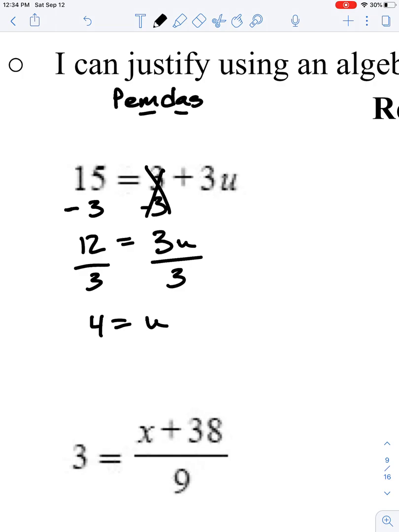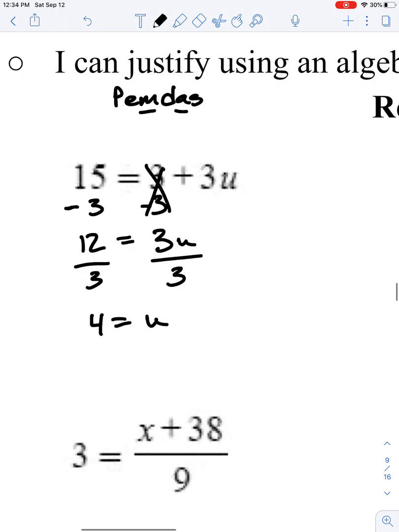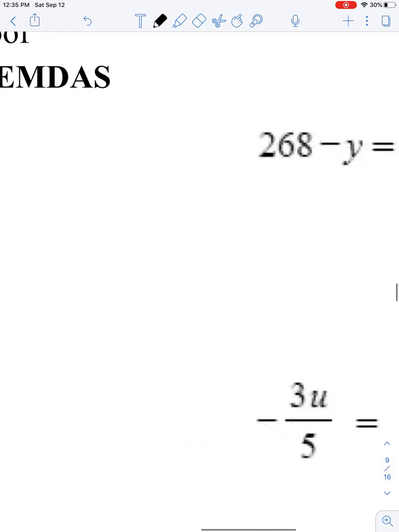Oh, no, it's not. It's actually not my final answer. Sorry, I almost forgot. We have to switch that around to be u equals 4, doing the symmetric property. We can never have our number equals a variable. We have to have our final answer as a variable equals a number. So the symmetric property allows us to do that. Coming over here,